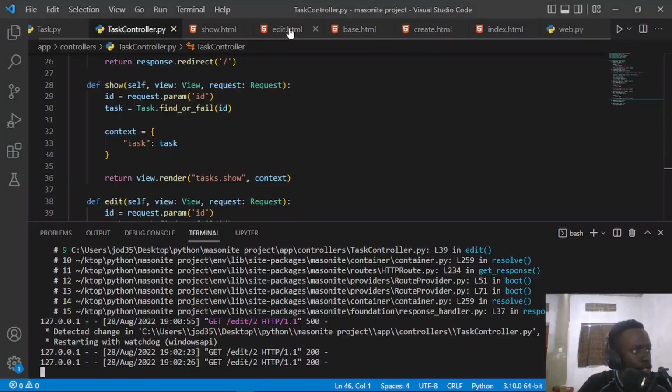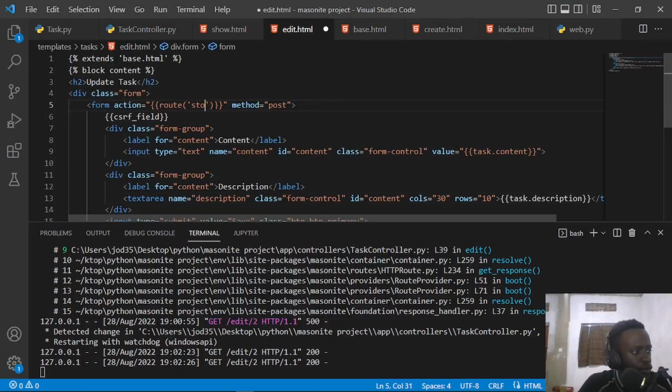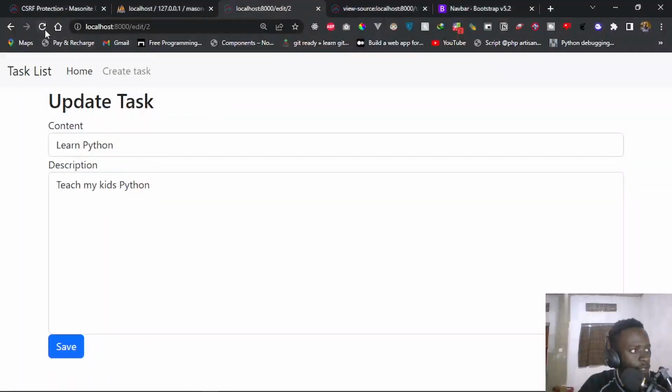So we're going to go to /edit, and then we shall change this from store to update, and then we shall also have to provide the ID of that specific task we want to update. So I'm just going to come in here, and all I have to do is to pass in the task. It's actually going to be the ID. And we shall just be passing in the task ID. So this will be task.id. So once we have this, I'm going to save, and when we go back and try to refresh, we haven't